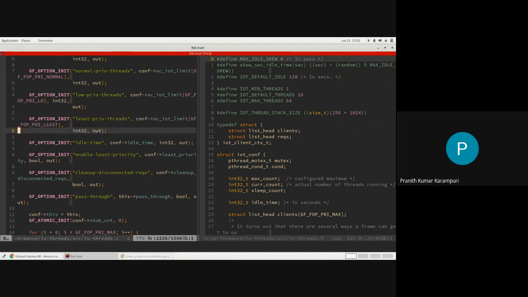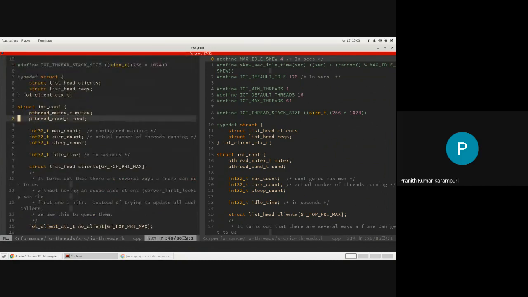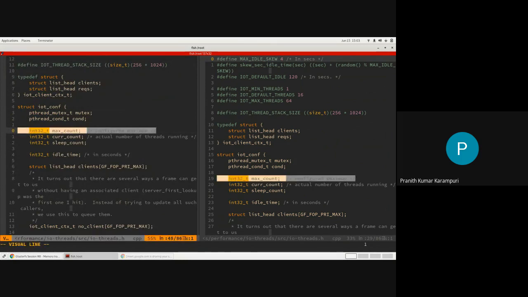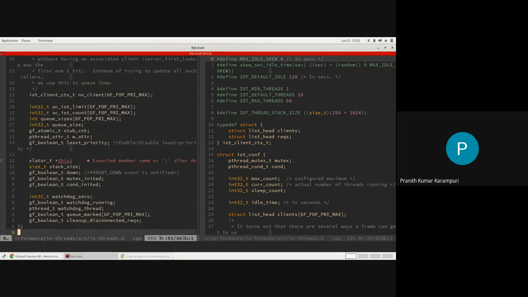But yeah, this IOTConf structure stores the maximum number of threads that are allowed, and these are the limits that we actually set. All this information will be in this structure.